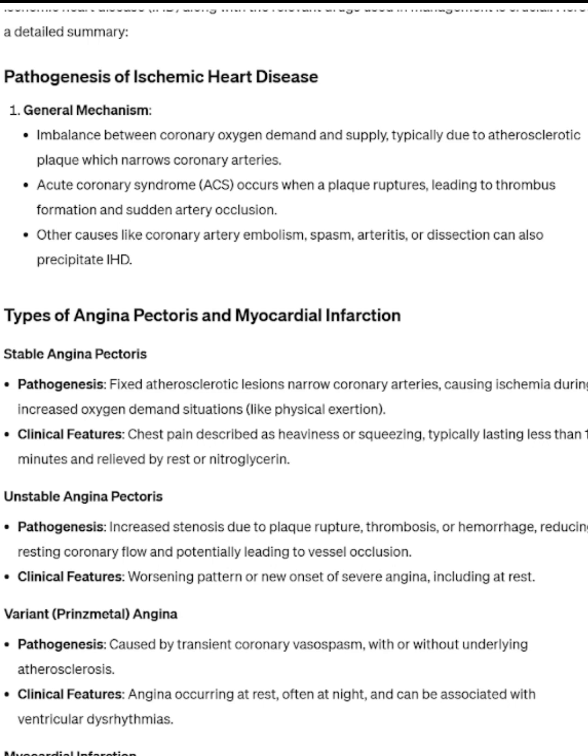4. Calcium channel blockers, e.g. amlodipine, diltiazem, used particularly for coronary vasospasm in Prinzmetal angina and to reduce cardiac workload in other forms of angina. 5. ACE inhibitors, e.g. lisinopril, benefit patients with systolic dysfunction or those who have had an MI by reducing cardiac remodeling and mortality. 6. Statins, e.g. atorvastatin, simvastatin, essential for managing cholesterol levels and stabilizing atherosclerotic plaques. 7. Thrombolytics, e.g. alteplase, used in acute MI to dissolve thrombi and restore coronary flow.